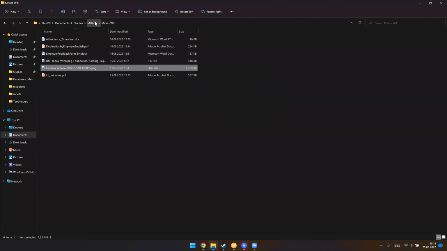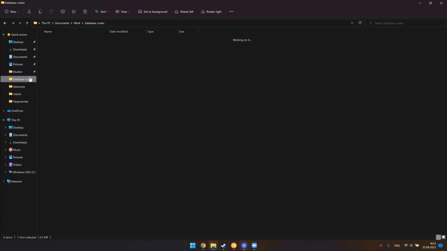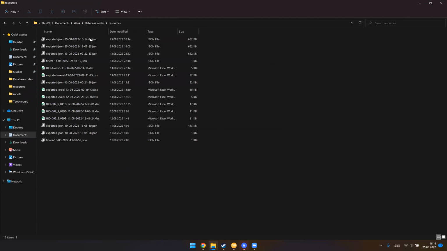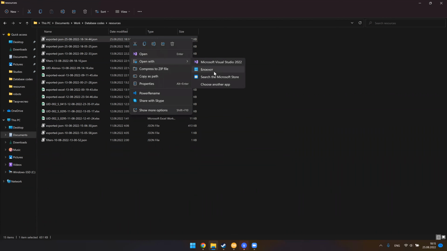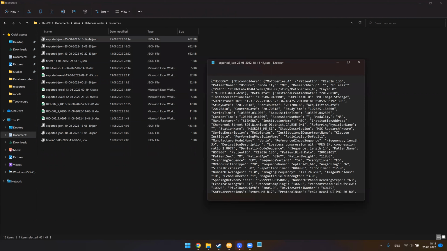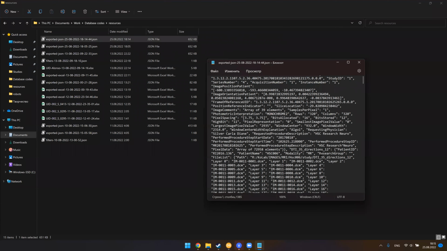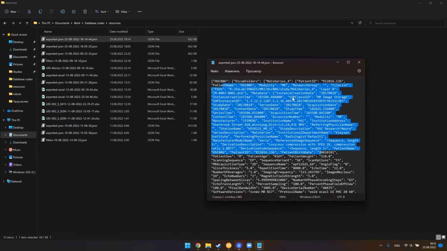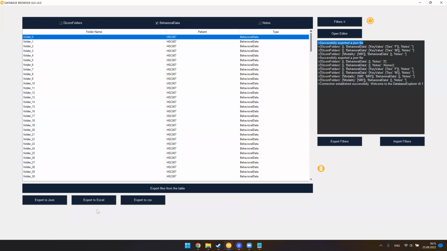Now we can see, where is it? Database codes, resources, the latest modified, which is here, open with Notepad. See, basically, this is a Python dictionary containing everything, which is basically a JSON format. It is compatible with JavaScript, with Python dictionary, and MATLAB with map format in MATLAB. Let's export all the behavioral data to Excel, but first,